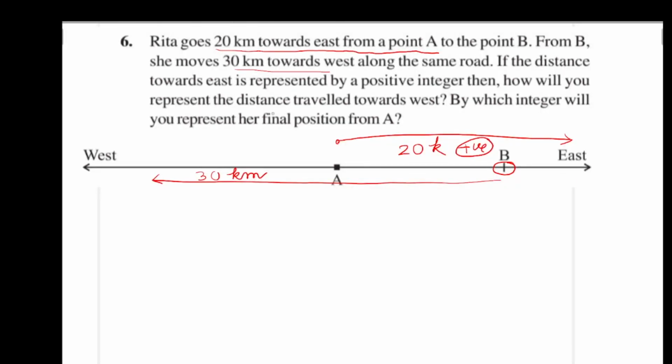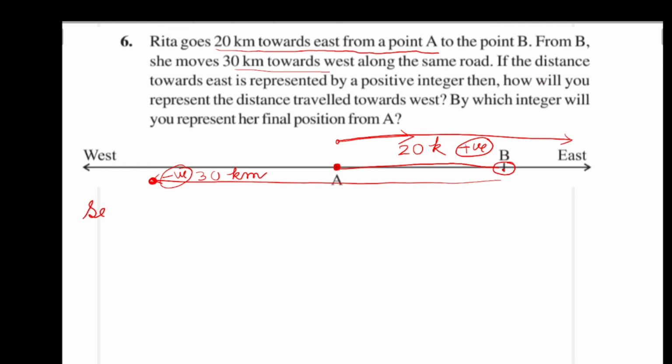How will you represent the distance towards west? Definitely if it is positive, it will be negative. Then by which integer will you represent her final position? That means first she has gone from A to B, then B to this. Okay, so we have to do 20 plus minus 30. Okay, so you have to write